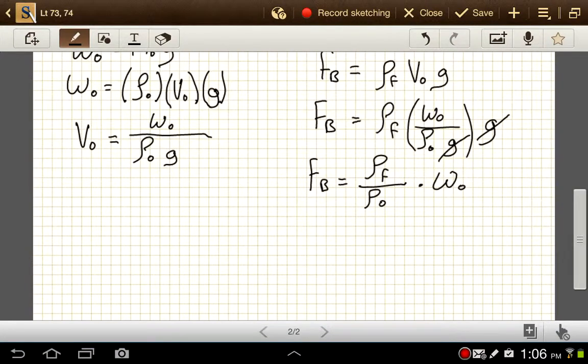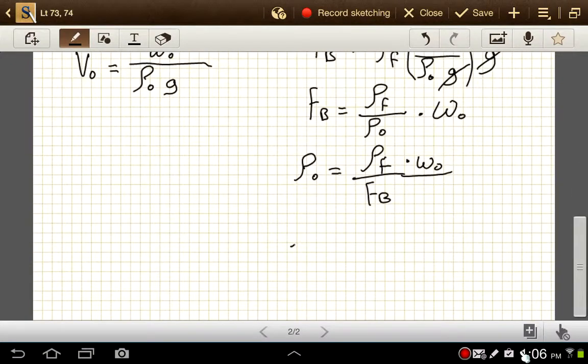So here, I can write out that the density of the object is equal to the density of the fluid divided by the buoyancy force times the weight of the object. So here that's going to be density of the fluid is 1,000